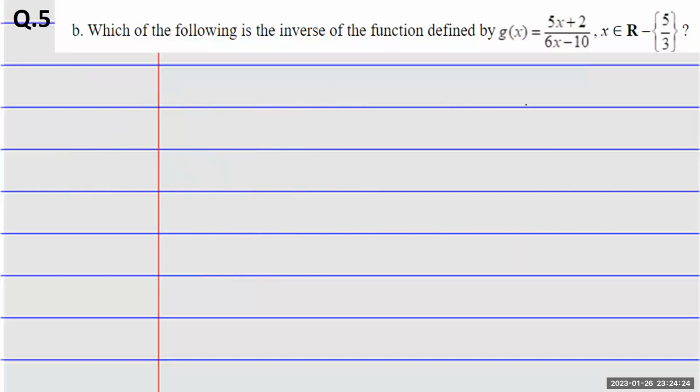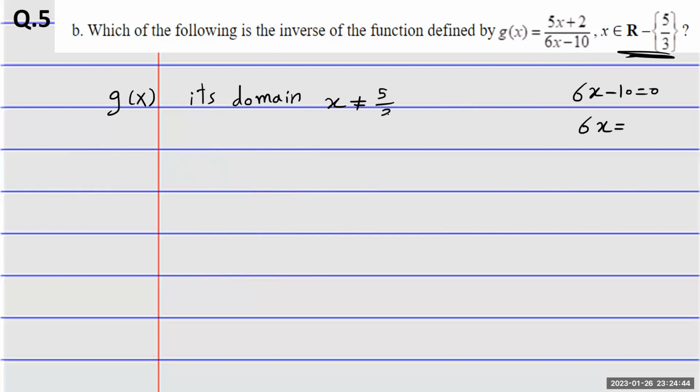But here it's different. Look at this function. For the function g of x, its domain is all values of x except zeros of the denominator. When you put 6x minus 10 equal to 0, you have 6x equal to 10. The domain is already given here: x is not 5/3. I can just delete this part. This is the domain, and the range is,